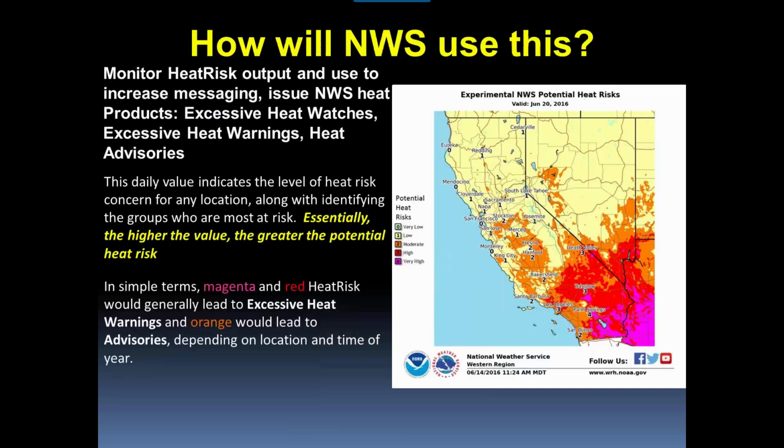and the daytime max temperatures in between. How are we going to use this? When you see those reds and magentas, you'll likely see watches, increased messaging, and of course warnings, and the oranges will see increased messaging and potential advisories. Not always will we have advisories like last week. The reason we didn't is because we were cooling off at night. You were still waking up in the morning needing a jacket as you headed out, and that's playing that big difference. Not all oranges are going to be the same.